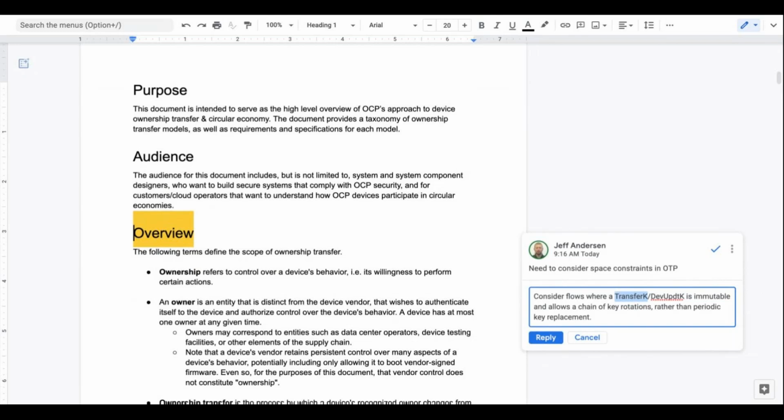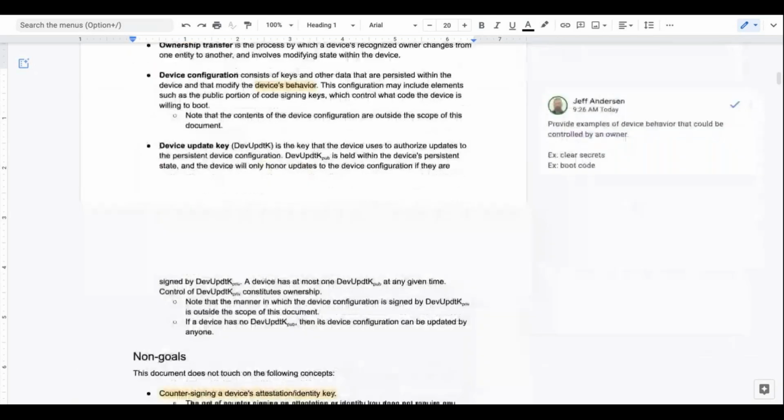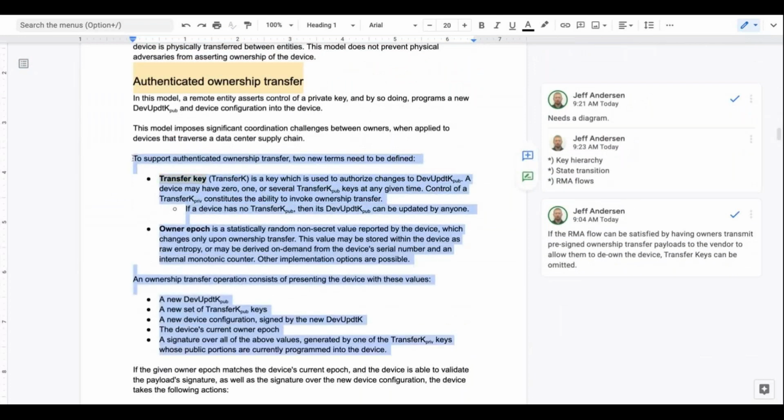The transfer key can be changed, but your initial transfer key will be in the TPM. But then what authority does the initial transfer key have once I've transferred to a new one? Question. So if you want to transfer to the new owner, the current owner will generate the transfer key and provision it into the system and provide the new owner the second part of the key, so they can provision their own device update key and probably an ownership key. Yeah, I think that flow is what's captured here, I feel like.